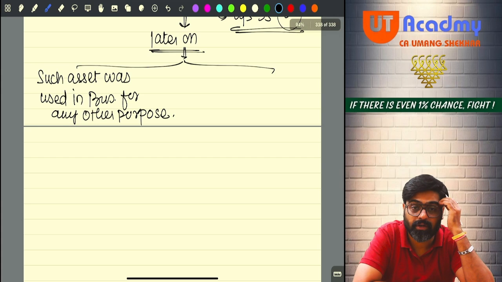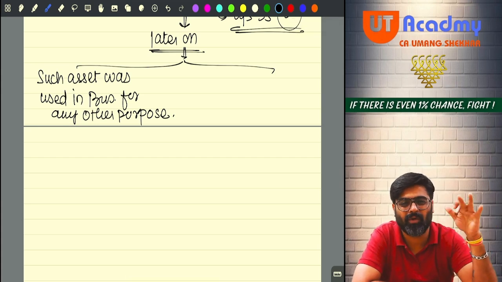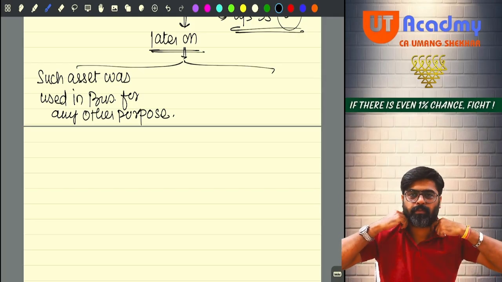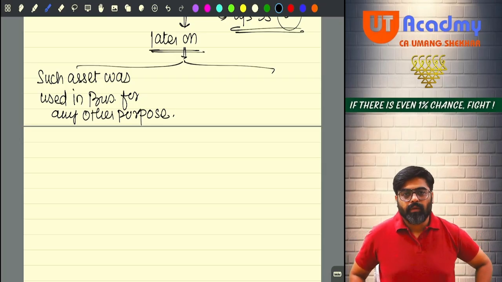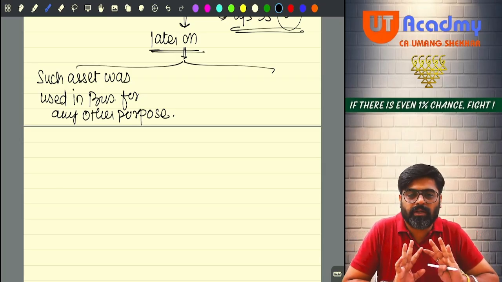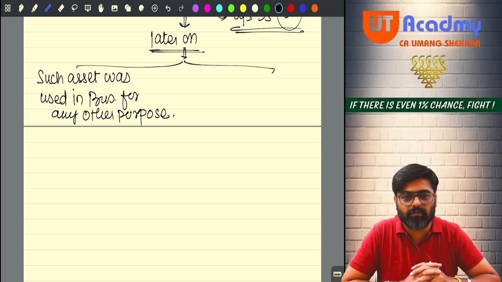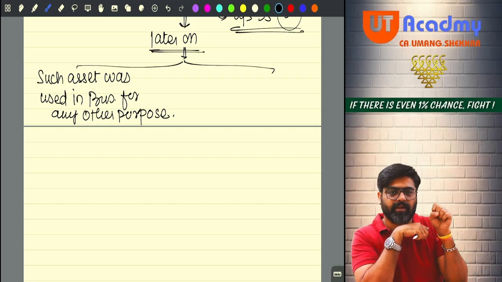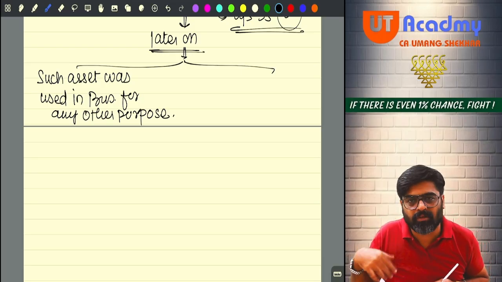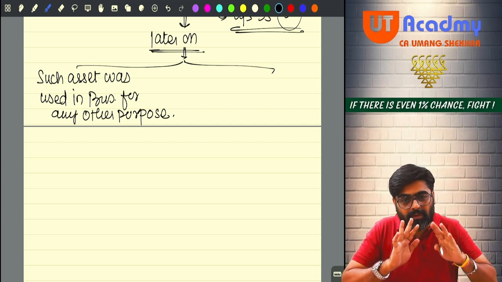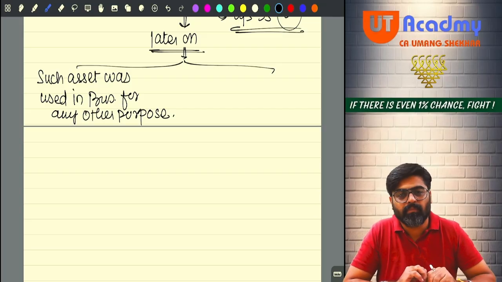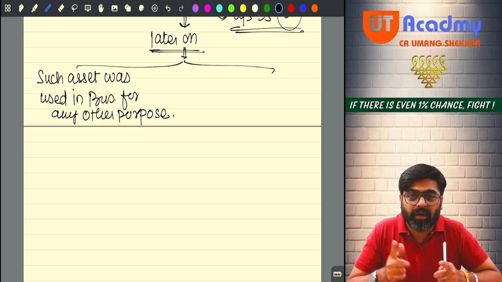So from scientific research, you have withdrawn that asset. You decide: I don't want to use it for scientific research anymore, now I'll bring that asset and start using it in my normal operations. Possible or not? Is the asset leaving you or is it still with you? It's still with us. But earlier we were using it in the lab for scientific research. We took that asset from scientific research and now we are using it for other normal business operations. So now this asset will not have its own identity. Now this asset will come and form part of the block where such type of assets belong.